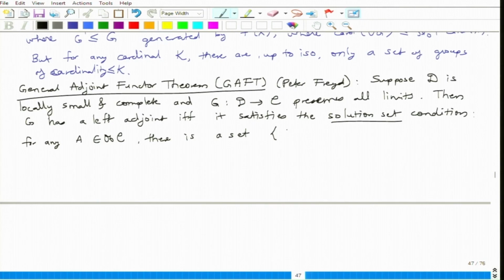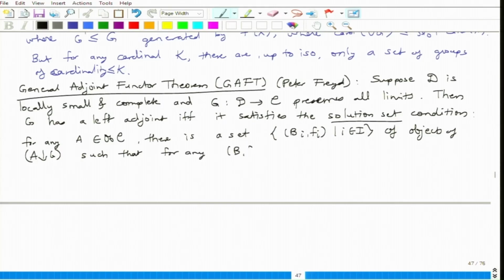A set {Bi, fi}, i in I, of objects of the arrow category such that for any other object of the arrow category, there is some i in I